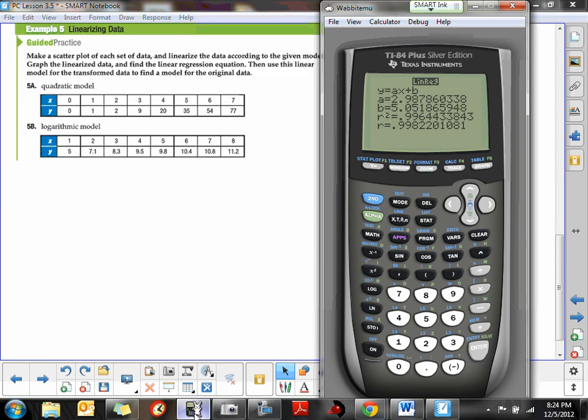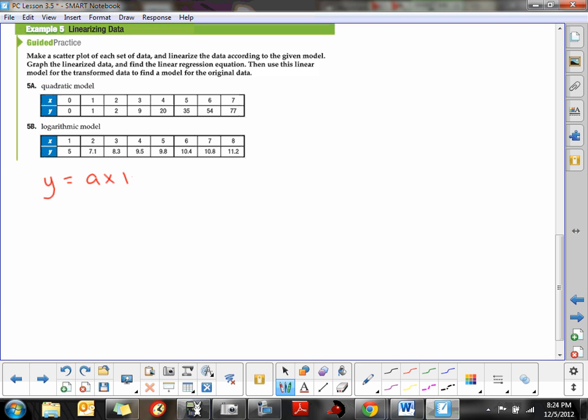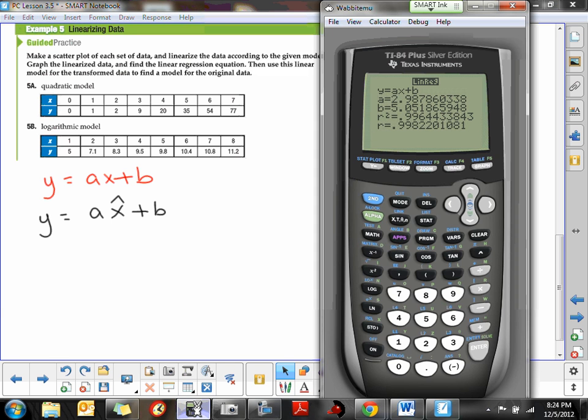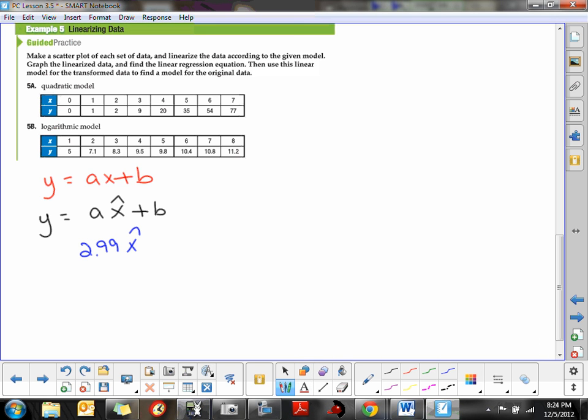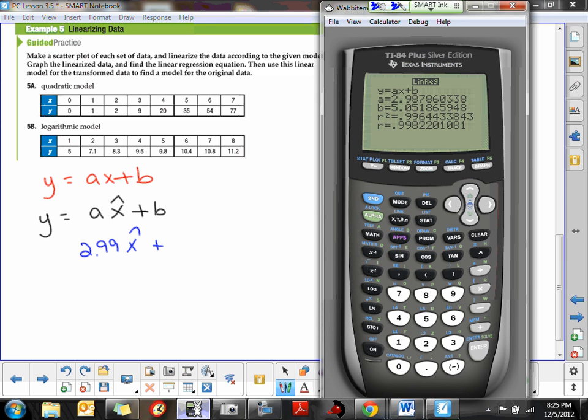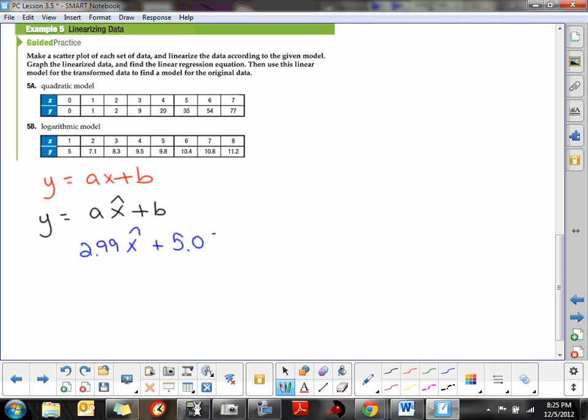I'm going to record. This time, it's the y values that are the same. So here's what we're putting in. We're putting in the form y equals ax plus b. But the thing that we transformed on this one, not the y values, we left the y's alone, we transformed the x's. So I put a hat over the x plus b. So this is the linear equation for the transformed data when the x's got natural log. So the slope on this is 2.99, so I'm going to put in 2.99 x hat plus. Now I want to know the y-intercept, so I'm going to grab that. The y-intercept was 5.05, so plus 5.05,